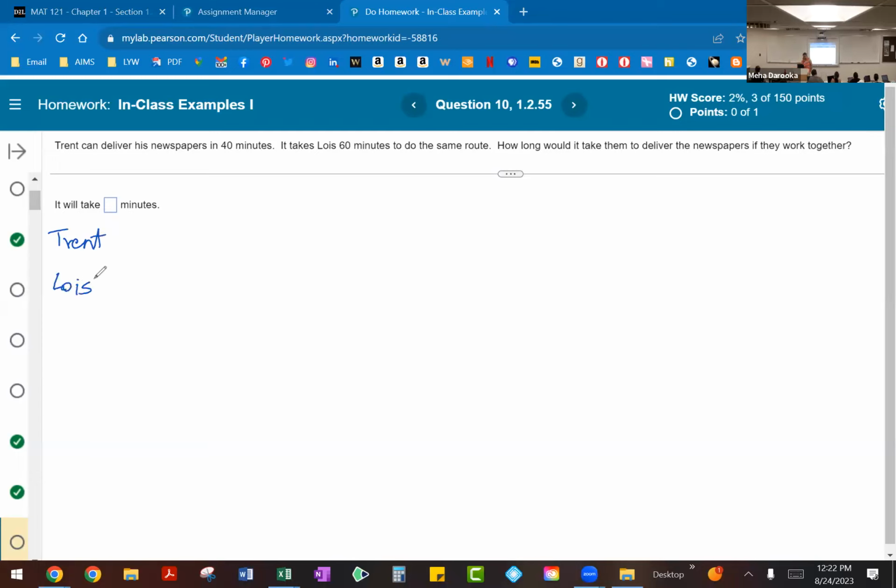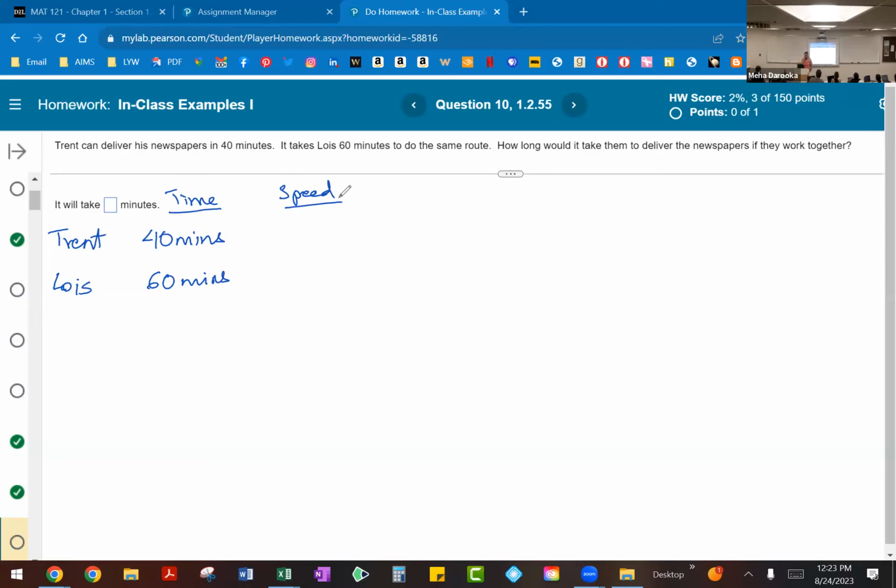So there's one task they are performing. It takes Trent 40 minutes. It takes Lois 60. So if this was their time, let's talk about their speed. Let's talk about Trent. If it takes him 40 minutes to get